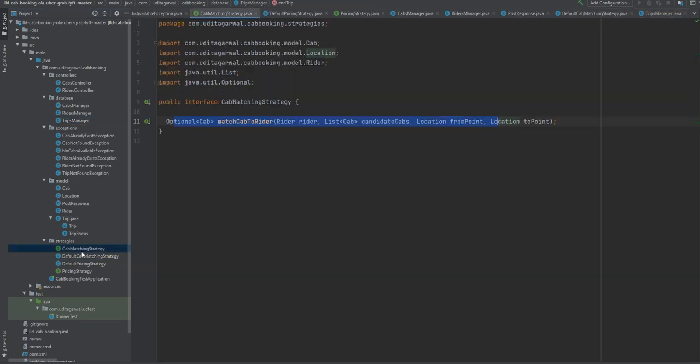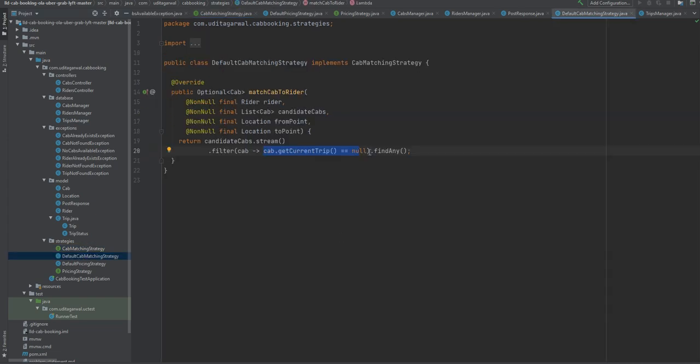You just create a new strategy which will not have this check of whether the current trip is null or not. Instead it will check how many members are there in the current trip, and if the number is within your threshold, then you will use that strategy, right? It will not ask you to change the trips manager. Only adding a new strategy will work for you.